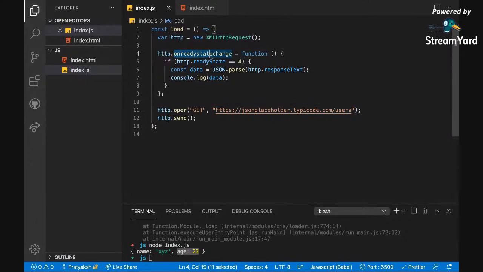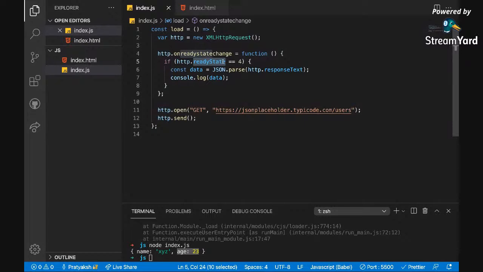On ready state change is a function which automatically runs whenever you get a response. Whenever you get a response, this function will automatically kick in and run. So we have something called HTTP ready state 4. Ready state is like what happened. 4 means that you have got the data. Similarly, we have 1, 2.